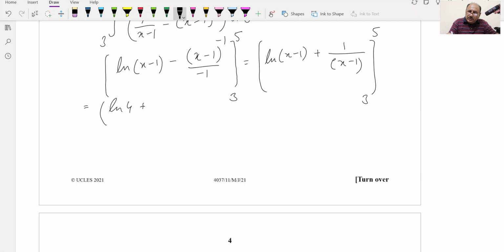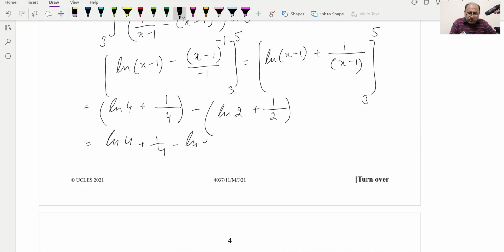upper limit will be 1 over 5 minus 1, so it will be 1 by 4 again, and then minus this lower limit, which will be 3. We replace in this: log of 3 minus 1 will be 2, so log 2, and plus 1 over 3 minus 1 will be 2, so it will be 1 by 2. We can open the bracket, so it will be log 4 plus 1 by 4 minus log 2 and minus 1 by 2,